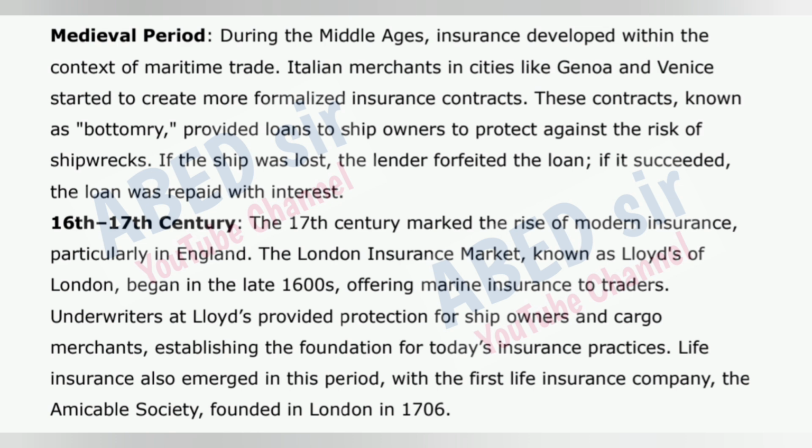The London insurance market, known as Lloyd's of London, began in the late 1600s offering marine insurance to traders. Underwriters at Lloyd's provided protection for ship owners and cargo merchants, establishing the foundation for today's insurance practices. Life insurance also emerged in this period, with the first life insurance company, the Amicable Society, founded in London in